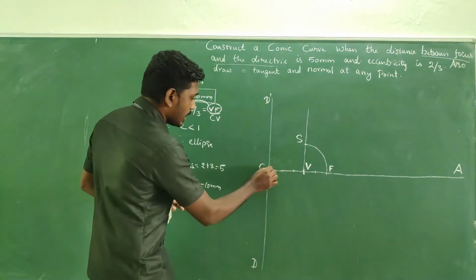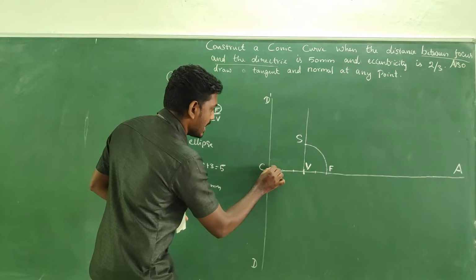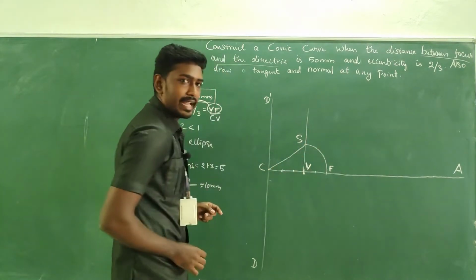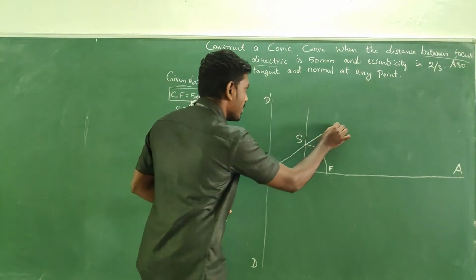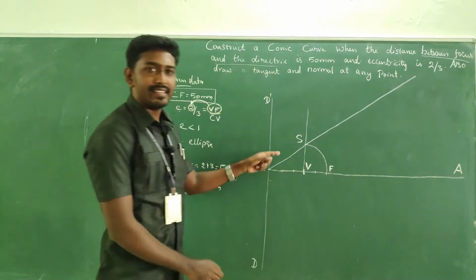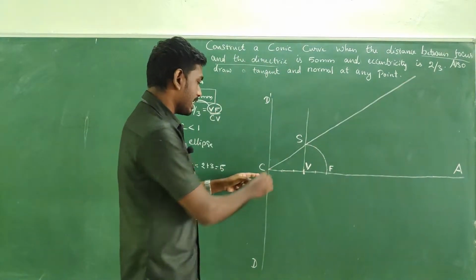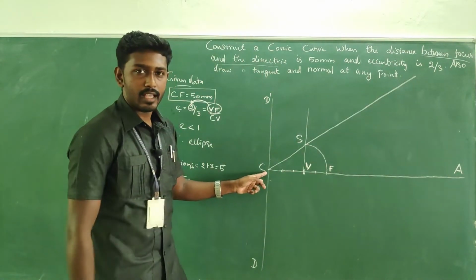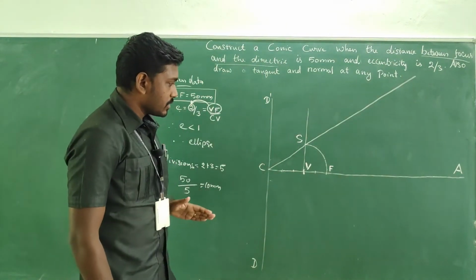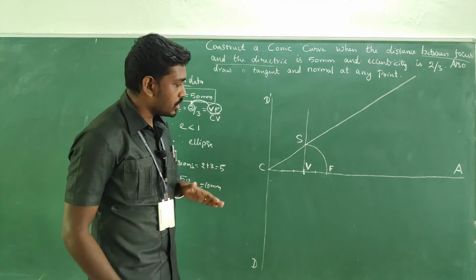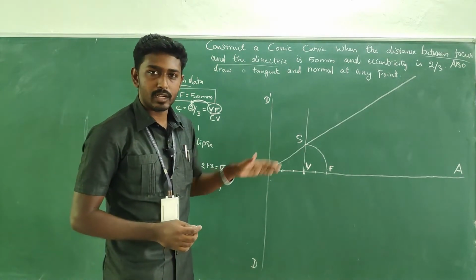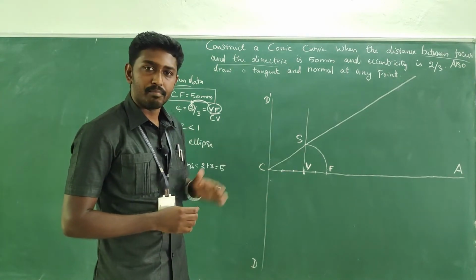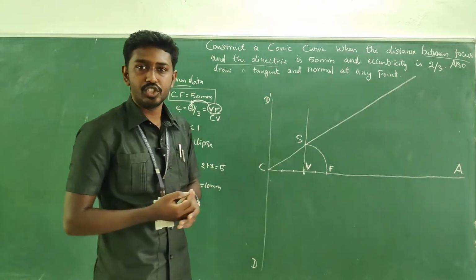If you draw a line connecting C and S and extend it to the maximum, you get the gate line. This is the gate line, the line passing through C to S. Okay, so now we have the gate line. Next, it is easy for us to get all the points to conclude the ellipse shape.